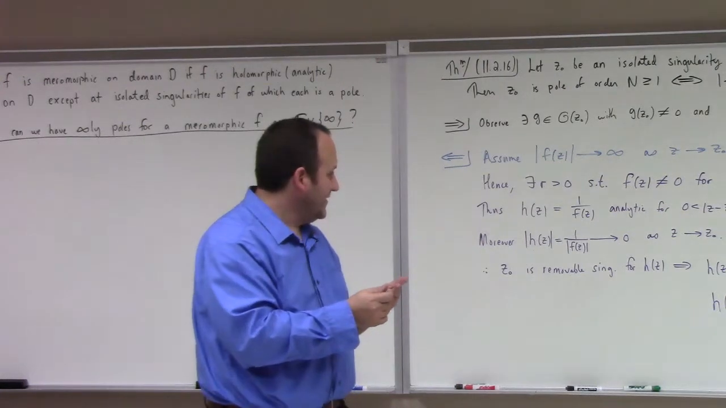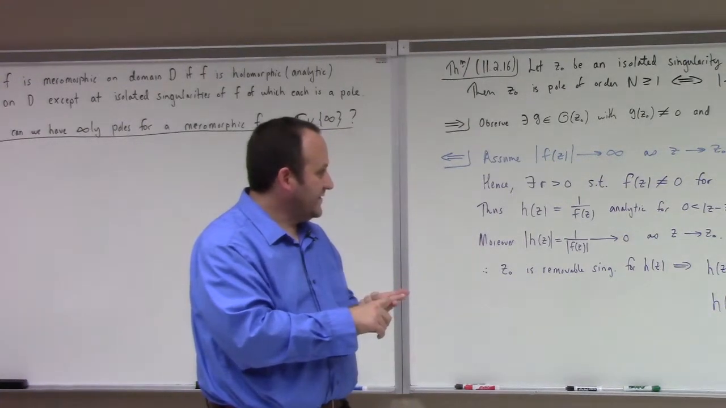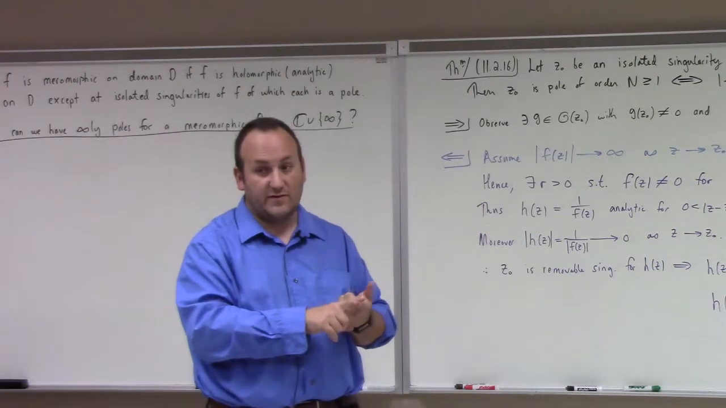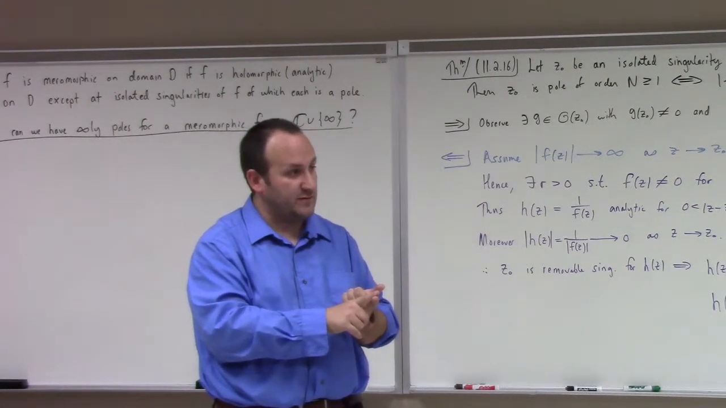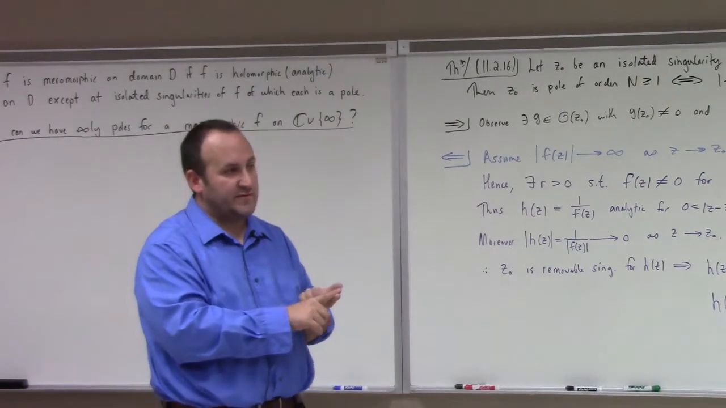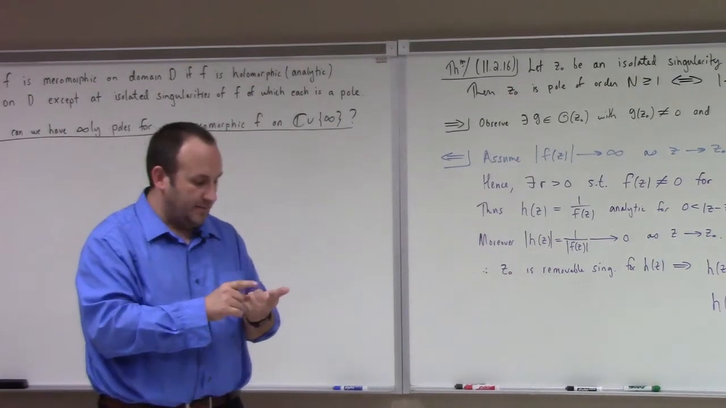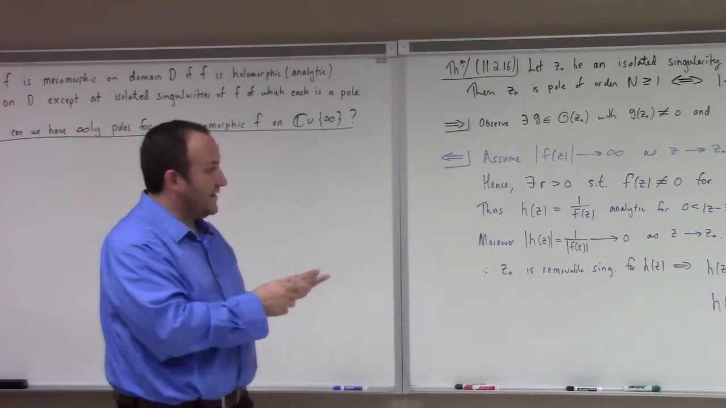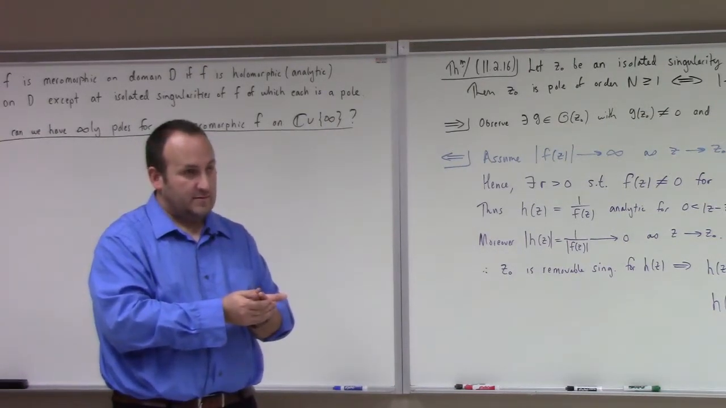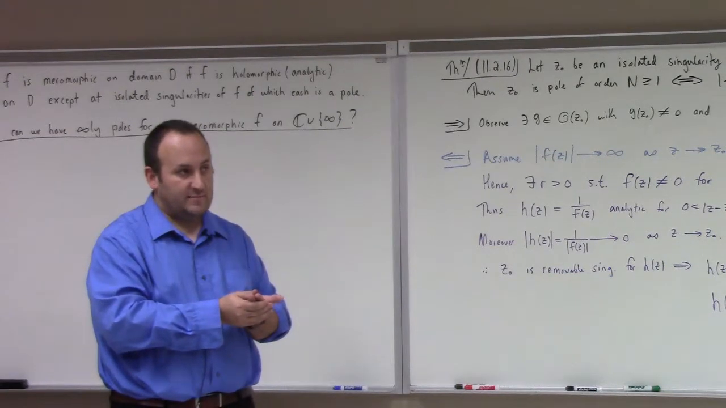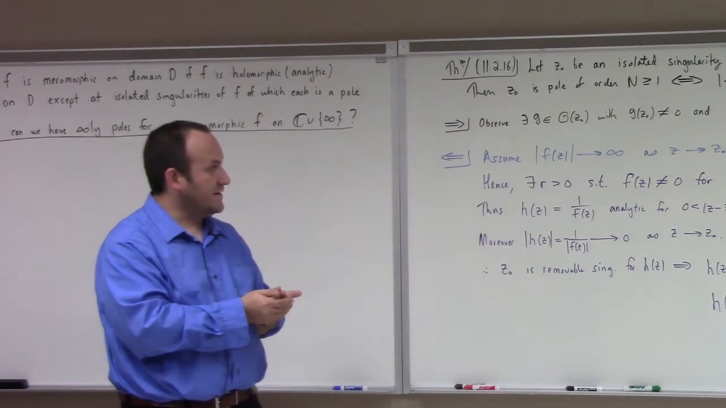But so z naught being an isolated singularity, if the values of the function are bounded near the point, it's a removable singularity. That was the first thing we proved. Riemann's removable singularity theorem, right? Then we just now proved that if you have a pole of order n, that kind of isolated singularity, its signature